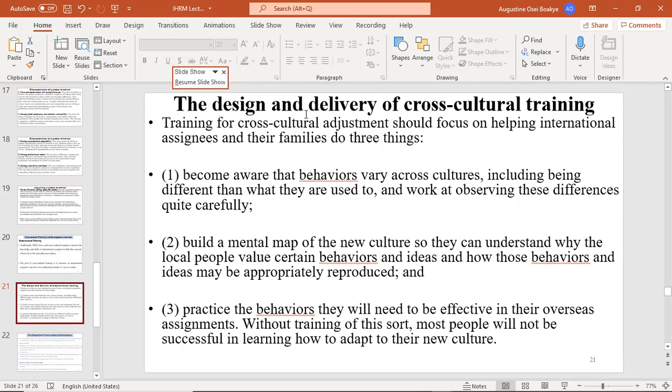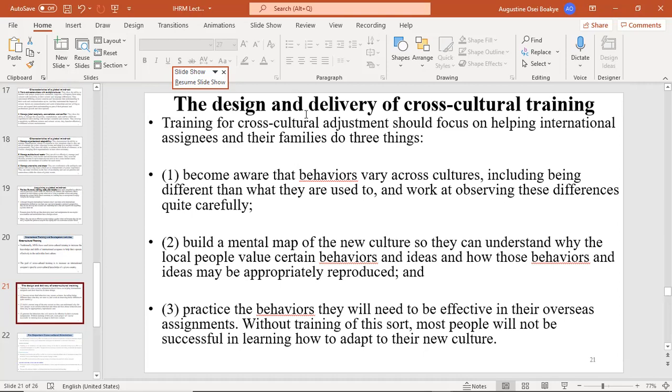So this cross-cultural training is envisaged to sensitize or admonish international assignees and their families that are likely to accompany them that the way things are done within their culture or within their country is not universally accepted or the universal norm. And where differences are likely to occur, these differences are pointed out to them for them to appreciate some of